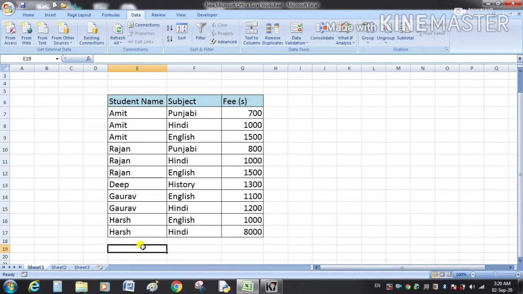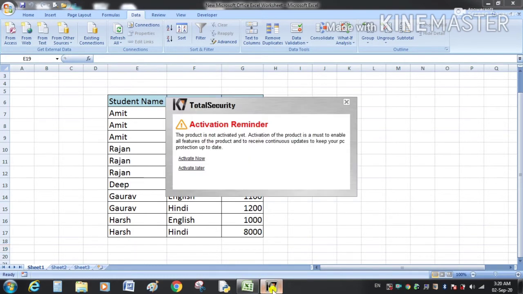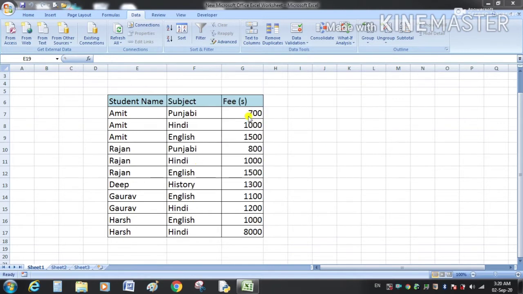Suppose there is a need to find the sum of the total fees paid by Amit for all subjects. Then we will make use of the subtotal option. How will we do that?